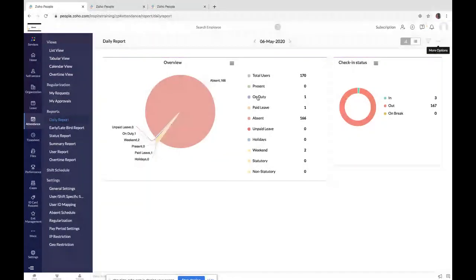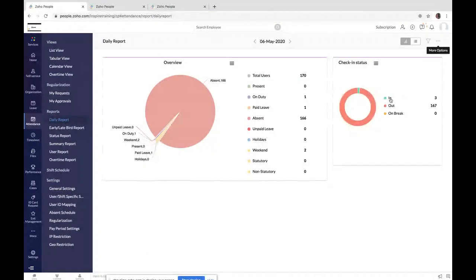If anyone has availed on duty on that particular day, it will be provided under the on duty tile. If anyone has logged a paid leave, or is absent or on unpaid leave, holidays, and statutory or non-statutory weekends can be viewed here.